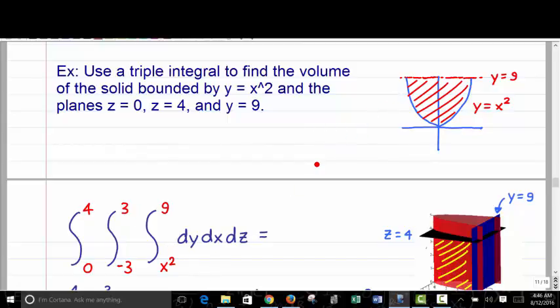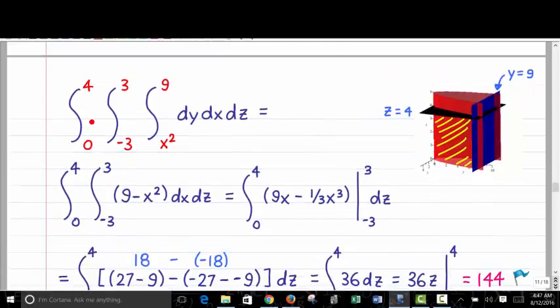X has to be numerical here, even though it's not the farthest out limits. There's no real context relating x and z together at all here. It wouldn't make any sense to relate x to z. So it's perfectly fine for that to be numerical. You can see the whole thing wasn't numerical because we had that x squared, obviously, because it wasn't a rectangular solid. But there's no relationship, like I said, with x and z here, really. So, all right, this triple integral right here will do it,